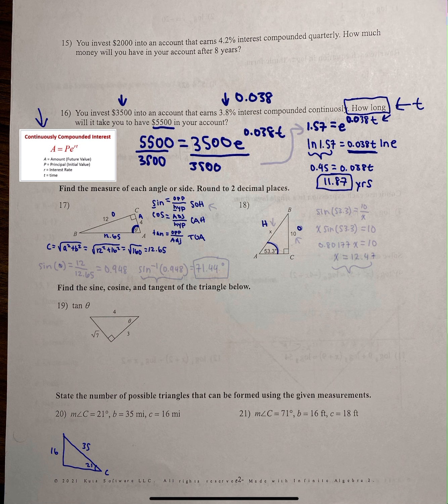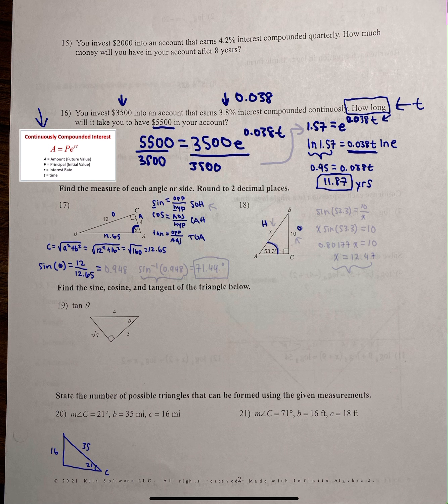actually, I think you can use whichever one has a hypotenuse in it. So it would be either sine or cosine. So I'm going to use sine. So sine of theta equals opposite, which is 12, over hypotenuse, which is 12.65. And then we're going to solve for that, or 12 divided by that, and we would get 12 divided